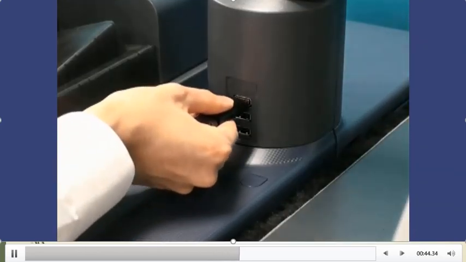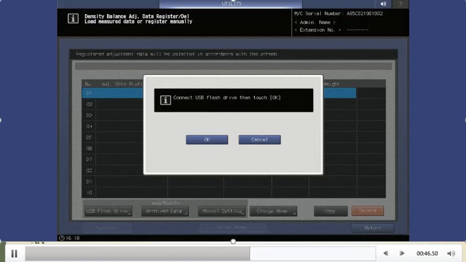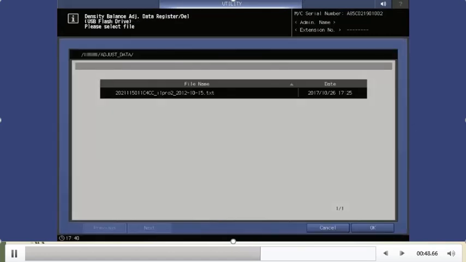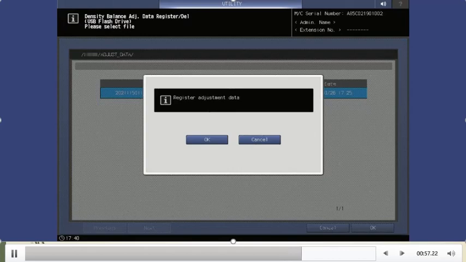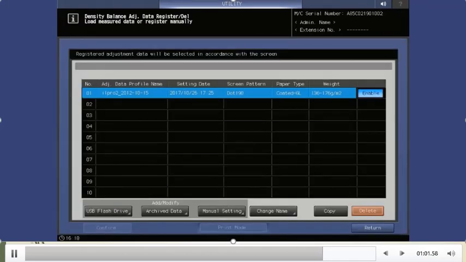The machine will ask you to connect the USB flash drive. First connect it, then press it. It will automatically get the file. You just select the file and press OK. So you can choose any one method to upload the file to your machine. Both have the same impact.